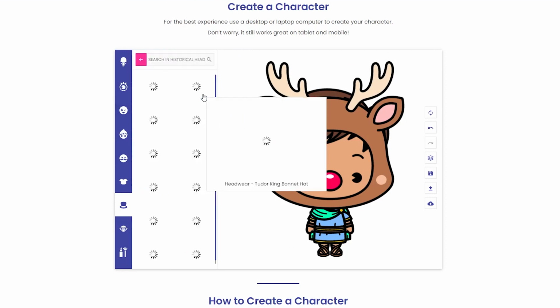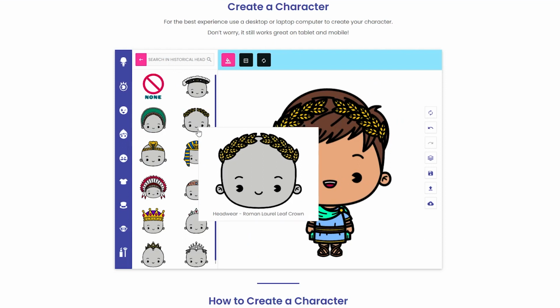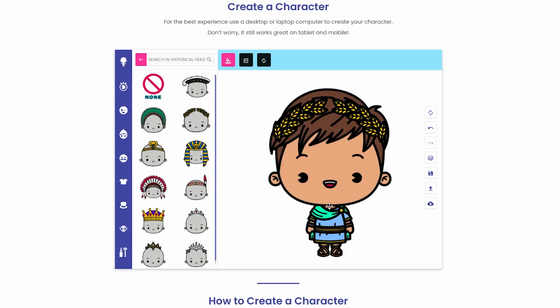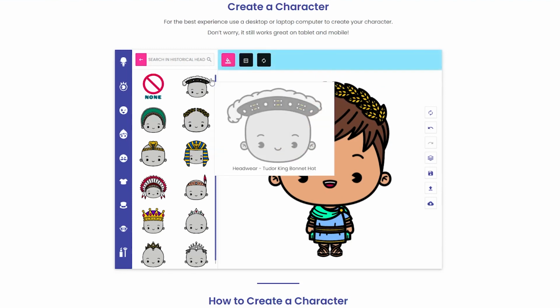And I want to choose this Roman laurel leaf crown. So this matches my outfit. One of the cool features with headwear is that you can move it. So I can grab this and I can move it around to get the perfect placement. Again, with certain hats combined with certain hairstyles, you might want to move it slightly just so it looks a